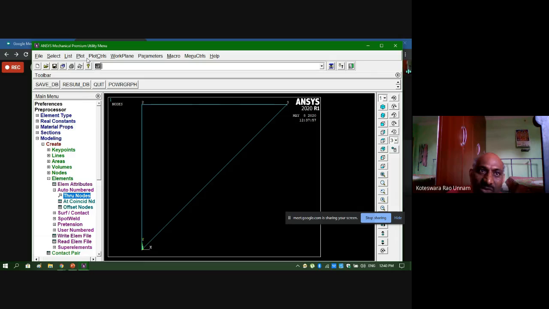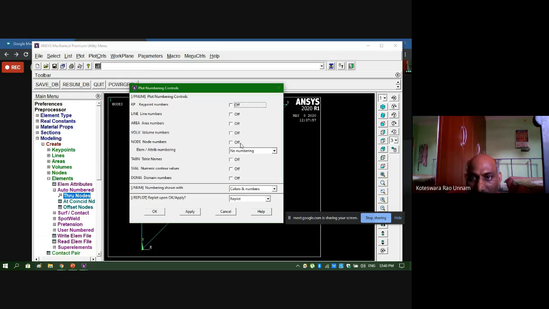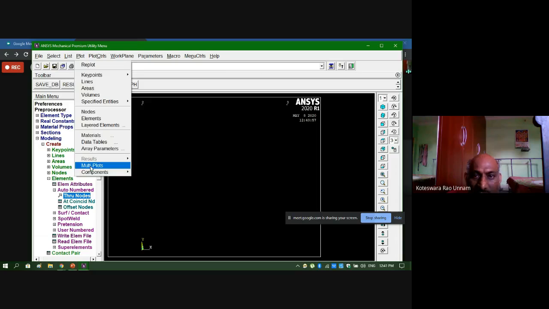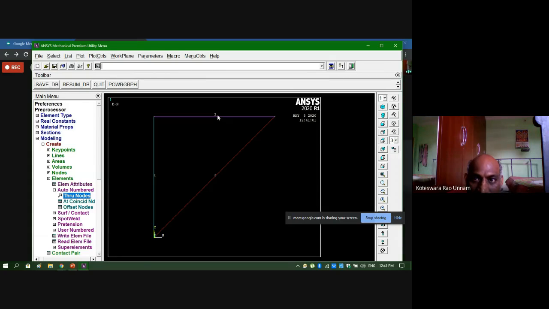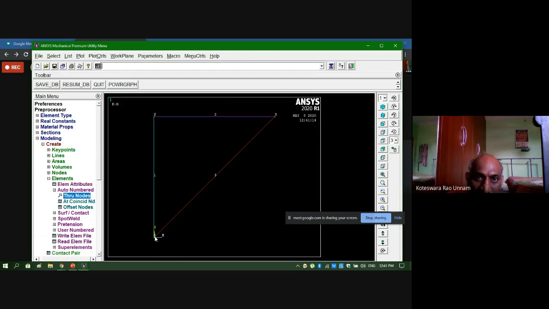Whether they are correct or not, what you have to do is you go to your plot controls. In that you have a numbering option. In that you can go for element attribute numbering. You make it element number on. Then click replot or plot multi-plots. See here it is showing, here it is 1, here it is 2, here it is 3. But what happened to the node numbers? They disappeared now. If you want to bring back those node numbers also, you go here, keep node numbers on, they will also come. So 1, 2, 3 are the node numbers. This element number is 1, element number 2 and element number 3. Right, so this is our FE model.